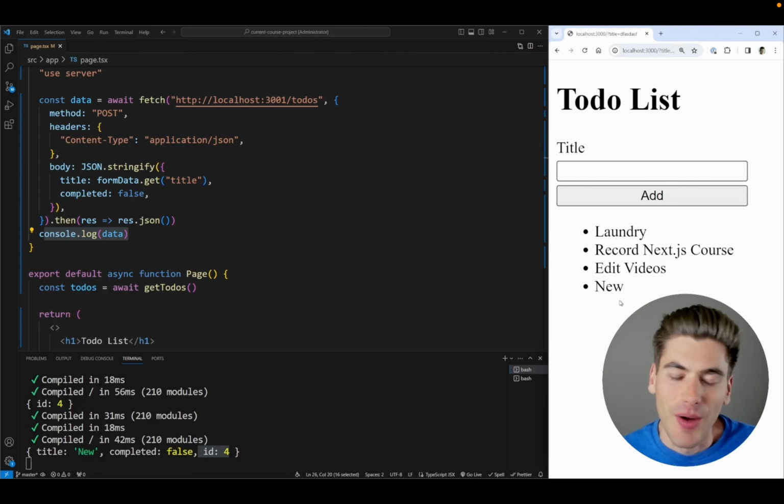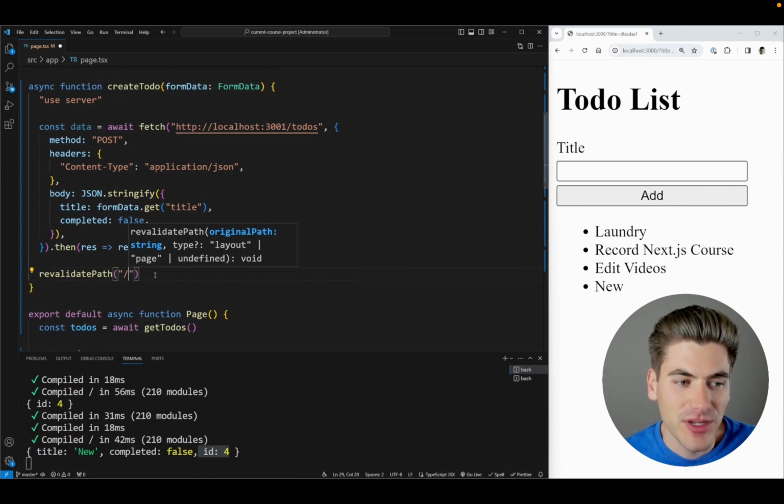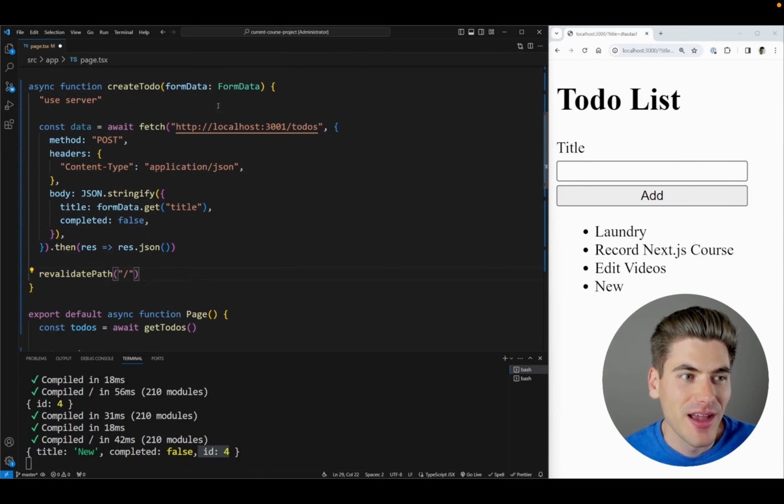right there. Now, obviously, all of these problems are to do with the fact that we are caching everything, so we essentially just need to clear the cache for this particular element. What we can do here, instead of console logging this data, we can just do a simple revalidate path, and we're at the home path. We can just revalidate this current path. That should be all that we need to do, and we don't even need this data, so I can remove